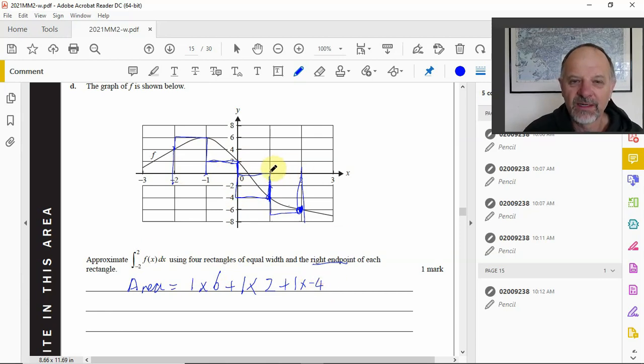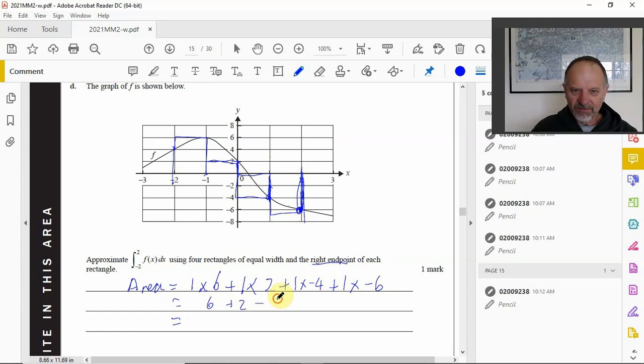And then the last rectangle, its height is this one down here, which is -6. And so when you work that out, that's 6 plus 2 minus 4 minus 6, you get -2 square